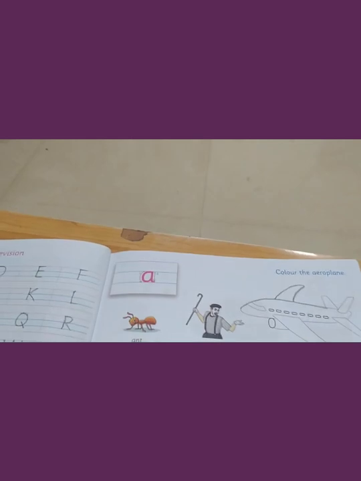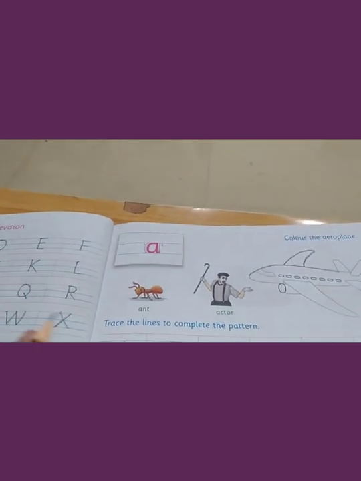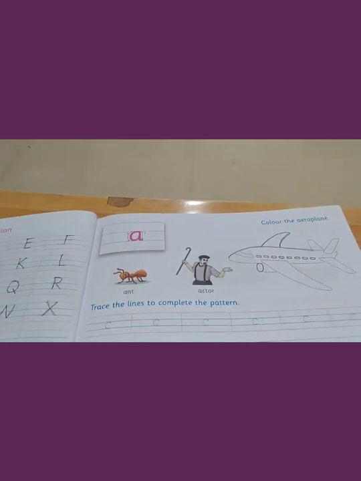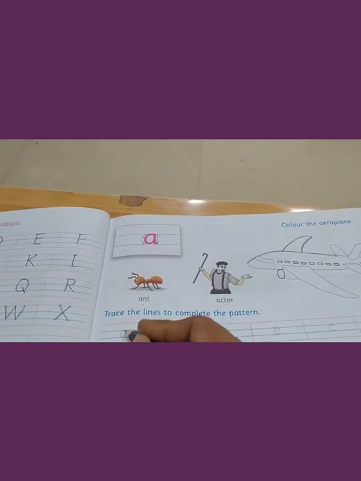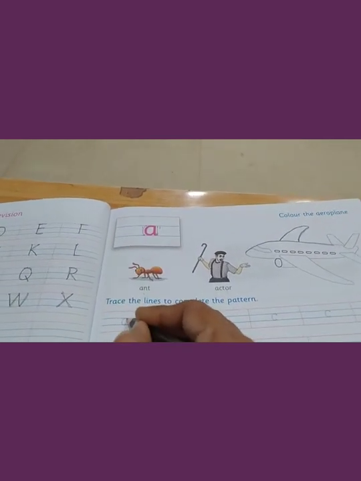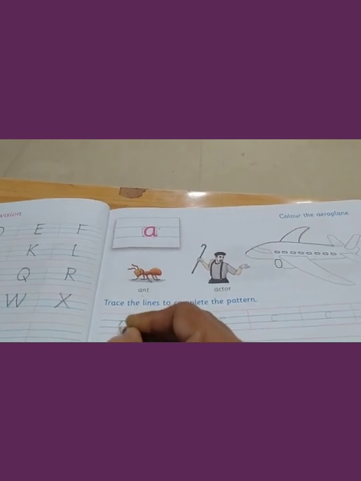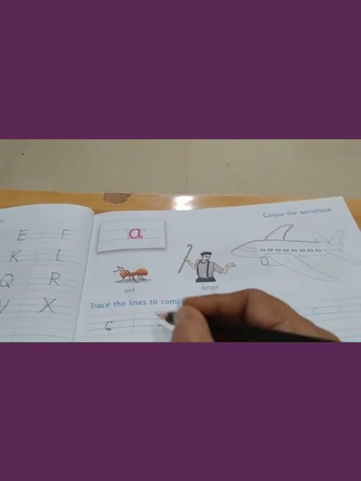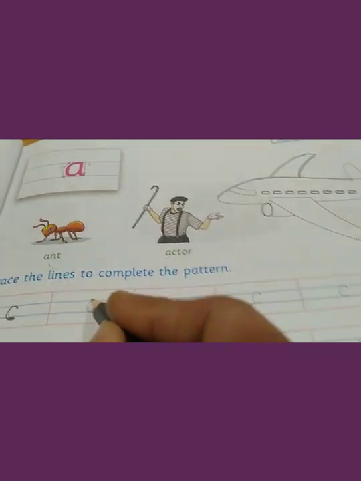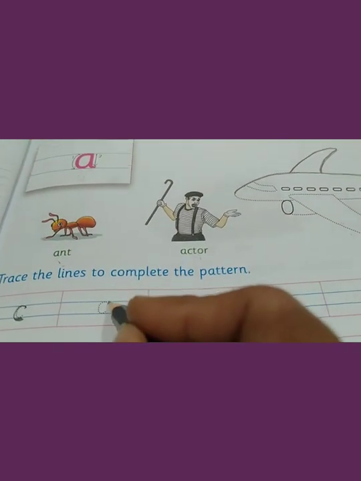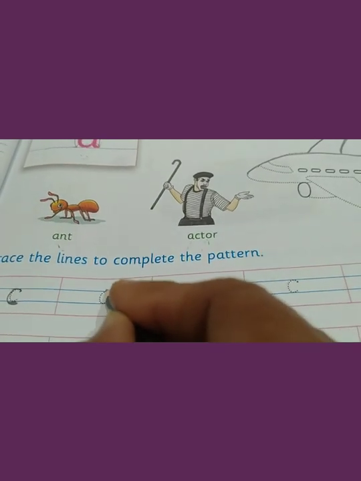Only small letter A, because we have already completed capital letters. Now this is the small one. Do here. See, half circle this way. Half circle. Middle line. You are having 4-line book, no? 4-line book you have. Yes. This 2-line you can see, no? Blue color, 2 dark line is there.